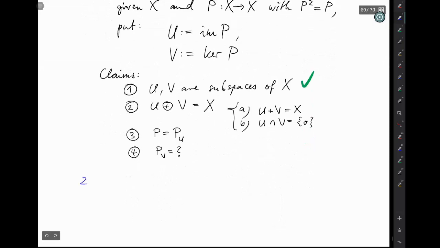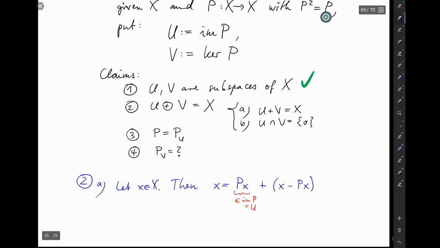Now let's start with claim number 2, and let me start with 2a. So here we have to show that every little x from X can be written as a little u plus a little v from U and V. So let little x be an arbitrary element of capital X. And then let's just write the following. You can write little x as Px, which is certainly in the image of P and therefore in U, plus, well, now we have to repair what we just did, so we have to add x and subtract Px,